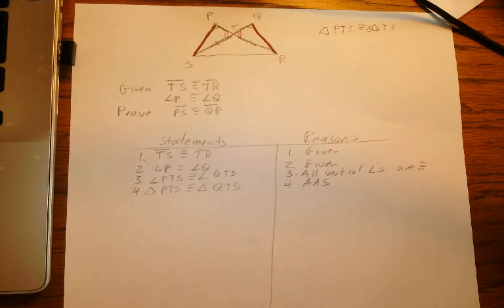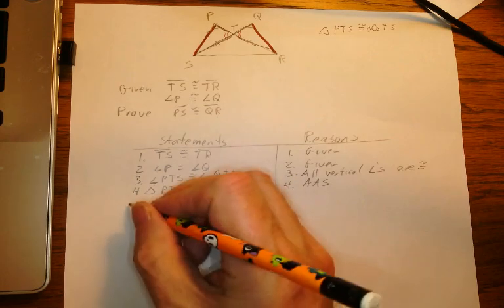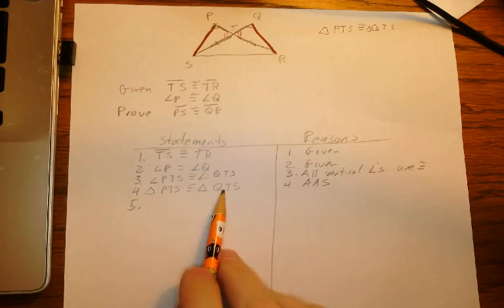As an aside, look at lines 3 and 4. And remember how I always emphasized the use of the correct symbol? Because here it's the same letters, PTS, PTS. Here I'm talking about the angle. Here I'm talking about the triangle. Notice the difference. And now that we have the two triangles congruent,